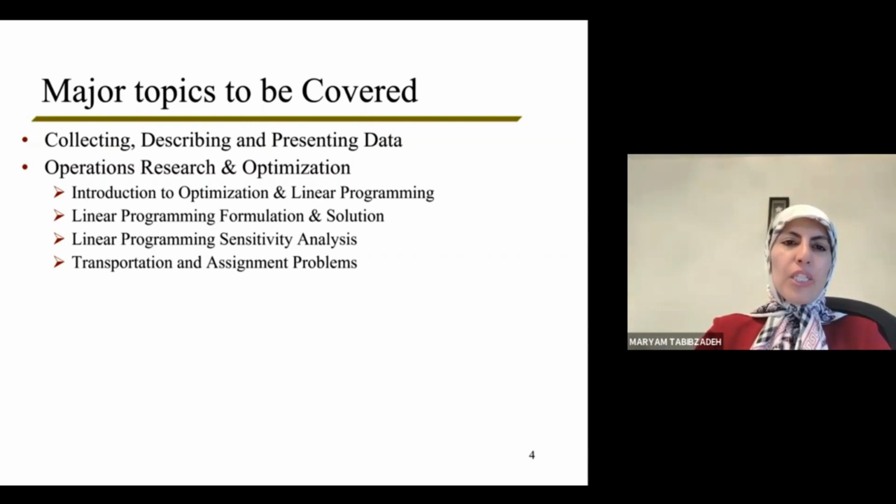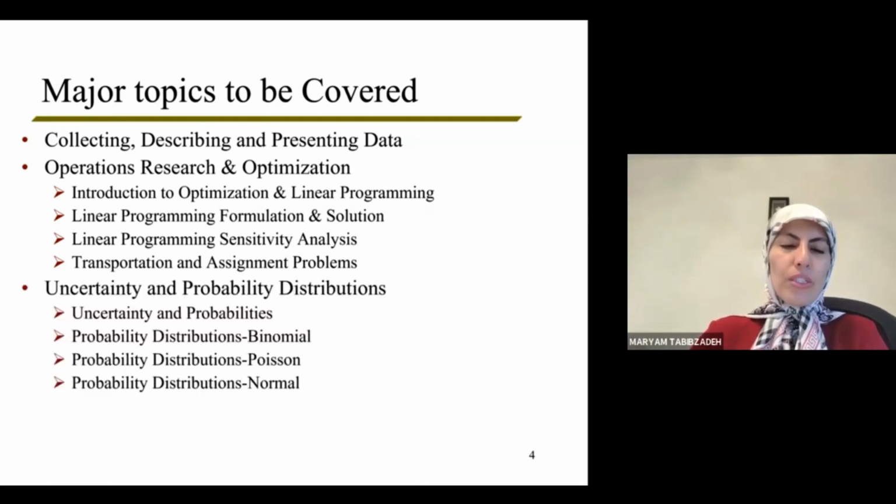And then the major topics that we talk about is to introduce what optimization and linear programming is. As an 8-week period that we have for the course, around 3 weeks of the course focused on operations research and optimization. On the topic of probability distributions, we talk about general uncertainty and probability topics and theories, and then